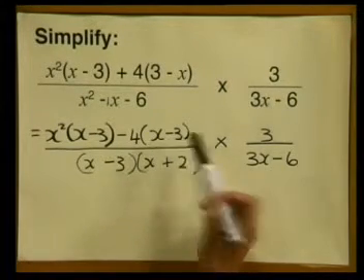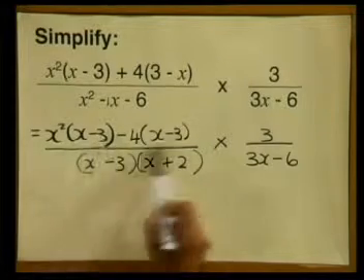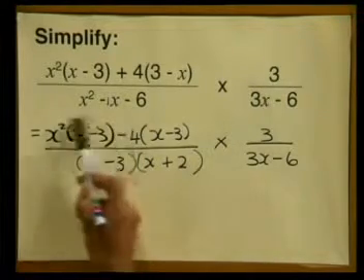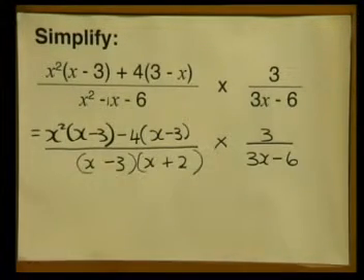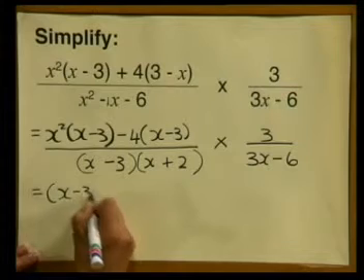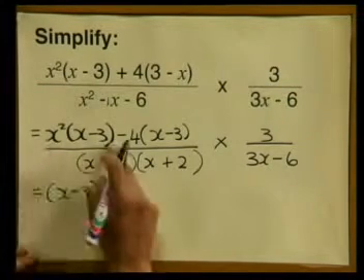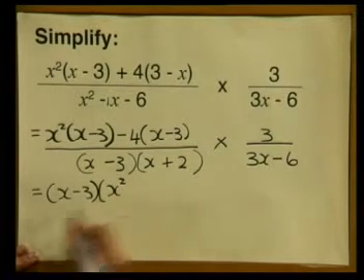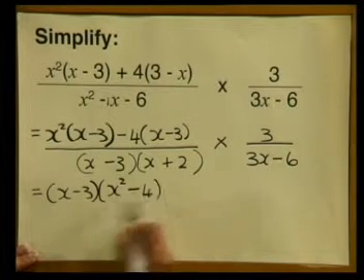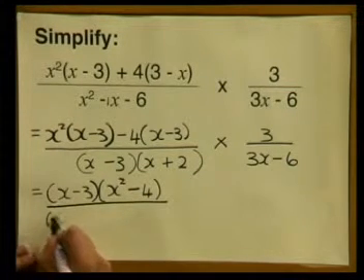Now remember everything you have learned. It is very tempting to want to cancel at this stage, but take a look. The left-hand numerator and the right-hand denominator still contain terms. But do you see the numerator here can be factorized because we have our common bracket x minus 3. So let's factorize it. We take out our common x minus 3, and then x minus 3 divided into our first term, we are left with x squared, and x minus 3 into our second term, we are left with minus 4. And that is all divided by x minus 3